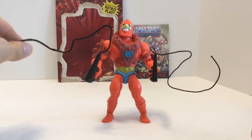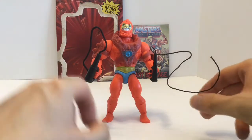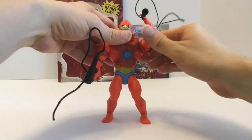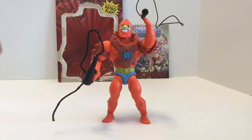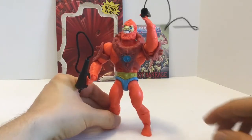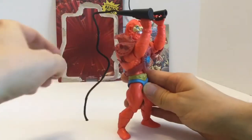It's much thicker, and it doesn't hold this weird shape that it did. But this was kind of an interesting way to get the shape of a whip in the air. And the new one,